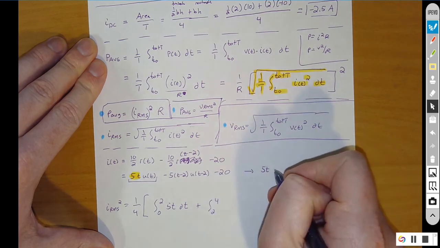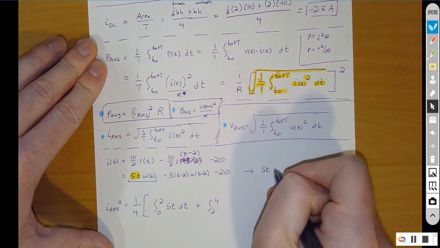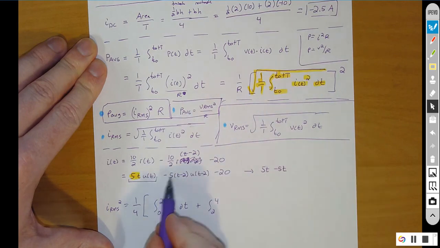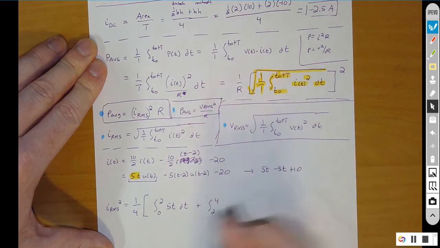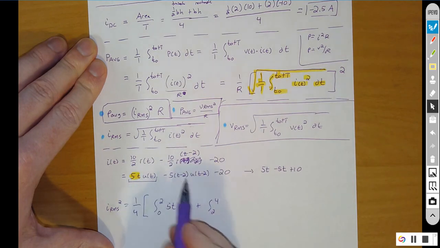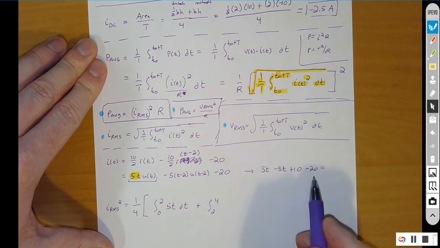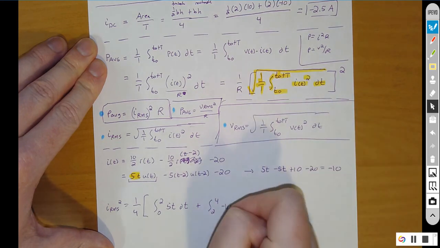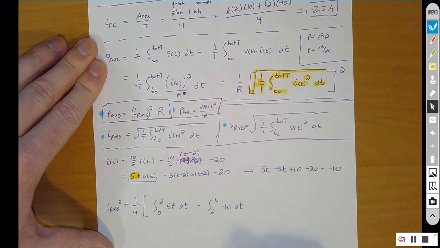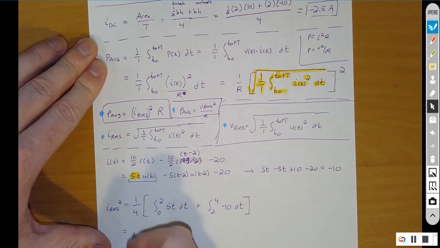So 5t, and then we get minus 5t as I distribute that, and then plus 10, because minus 5 and minus 2 make a plus 10, and then minus 20. And so you add all that together, and you get a minus 10. That's the function for it. So we just get a negative 10 dt. We integrate that. We get 1 over 4, and we get 5t squared over 2 from 2 to 0,